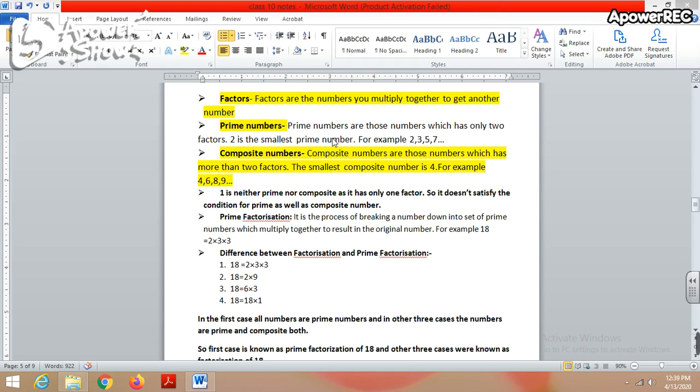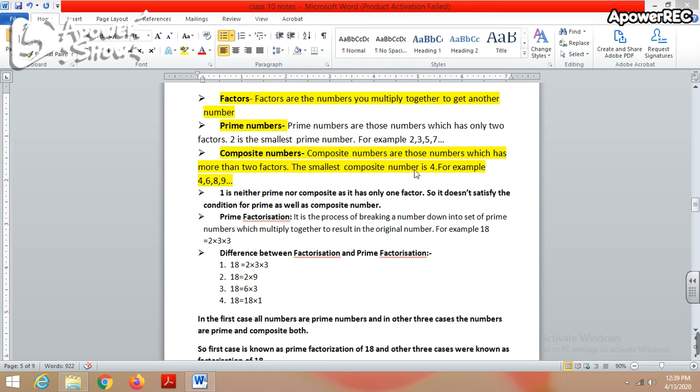Similarly 3 can be written as 3 into 1. There is no other way of getting 3 from any other number. Similarly 5 can be written as 5 into 1. We cannot get 5 from any other number. So all these numbers are known as prime numbers, and you have to learn that the smallest prime number is 2. Now composite numbers. Composite numbers are those numbers which have more than two factors,